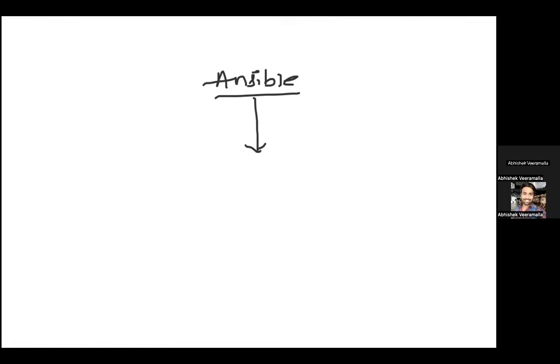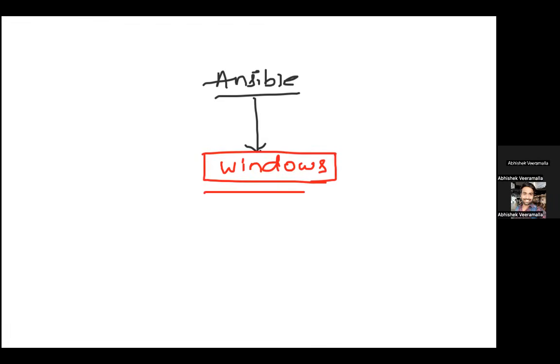While I told you that Ansible has good support for Windows and Linux compared to the other configuration management tools, still people that use Windows servers have slight problems with Ansible, because the configuration management with Windows is not similar to the configuration management with Linux. So with Windows, you find it slightly difficult even when you have advanced Ansible modules. This is problem number one. And problem number two is